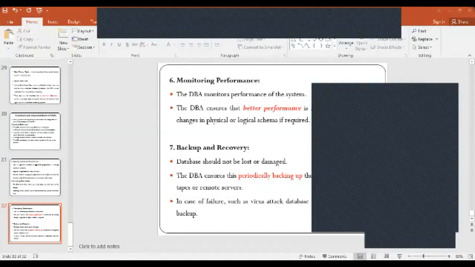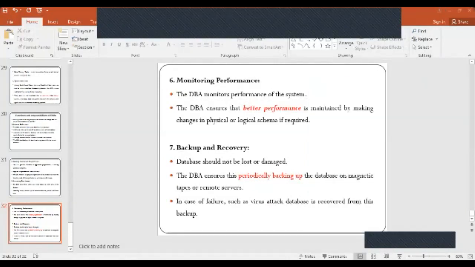Suppose due to some virus attack the database has gone down and needs to recover itself. At that time, with the help of the backup data, they try to recover the database.